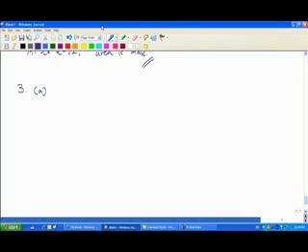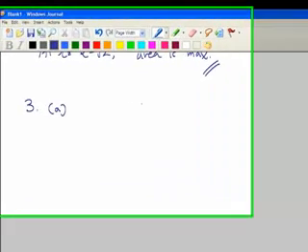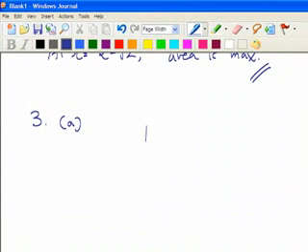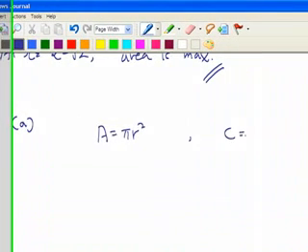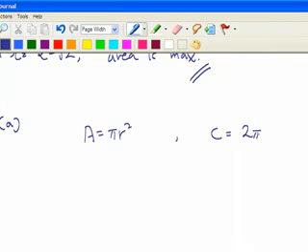Okay, for question 3a, what we need to do is show that dC over dA equals 1 over R, where R is the radius of the circle, C the circumference, and A the area. So we write down what we have. A equals pi R squared, C equals 2 pi R. And we know that dC over dA,